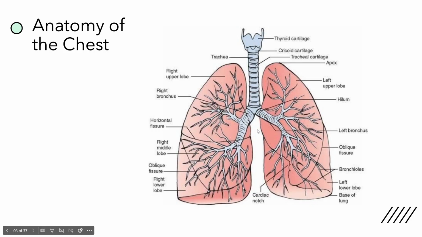We can also see that there are a lot of different fissures within the lungs. Fissures, remember, just kind of dividers or depressions within things. So in this case, we have 3 lobes on the right side, 2 lobes on the left. The left lung is slightly smaller than the right lung to accommodate for that heart that will sit right in